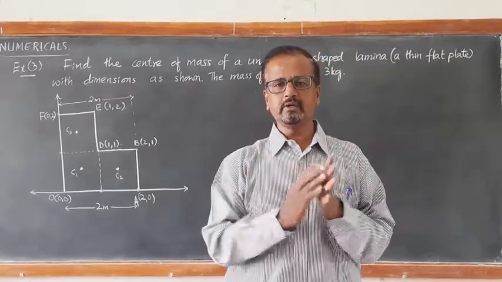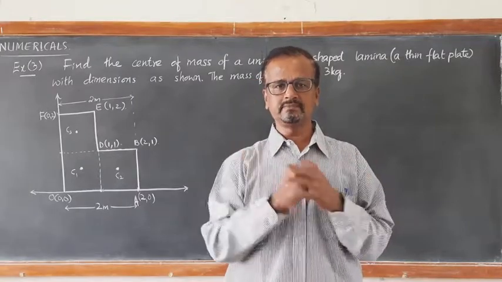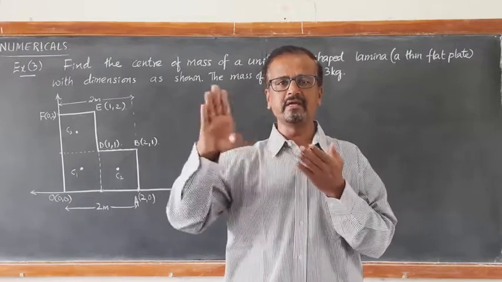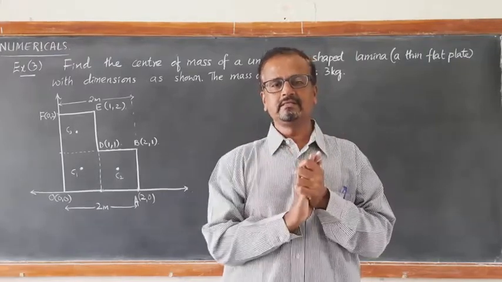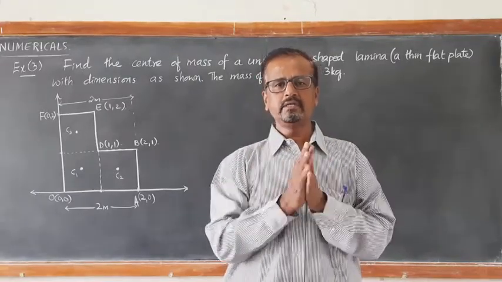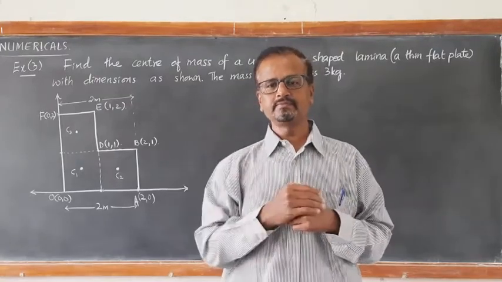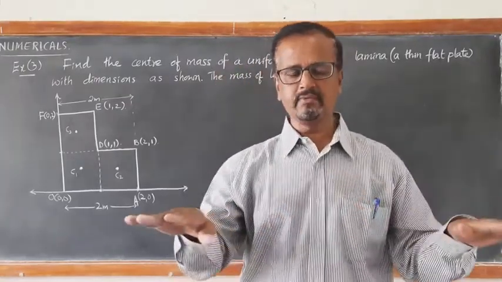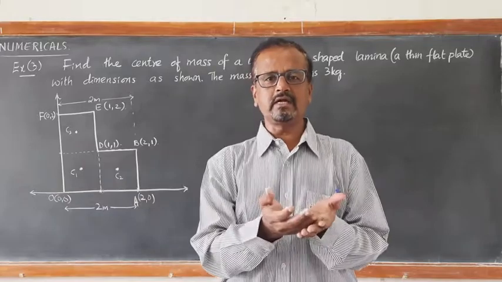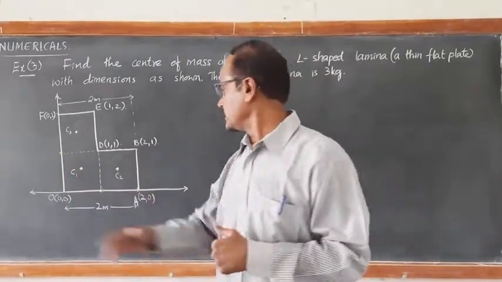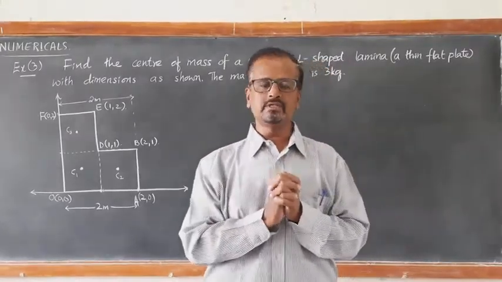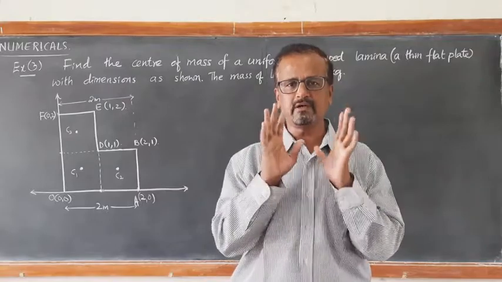To give you an example, you all have ID cards. It is a lamina, and we use the term lamination. Lamination is covering it with a thin layer. So the ID card, whatever ATM cards you have, they are all examples of lamina. The desk surface is layered with a sheet of metal. If it is taken out, it is called a lamina of metal. So there is an L-shaped metallic lamina, a thin sheet in which the mass is uniformly distributed. That is the meaning of lamina.